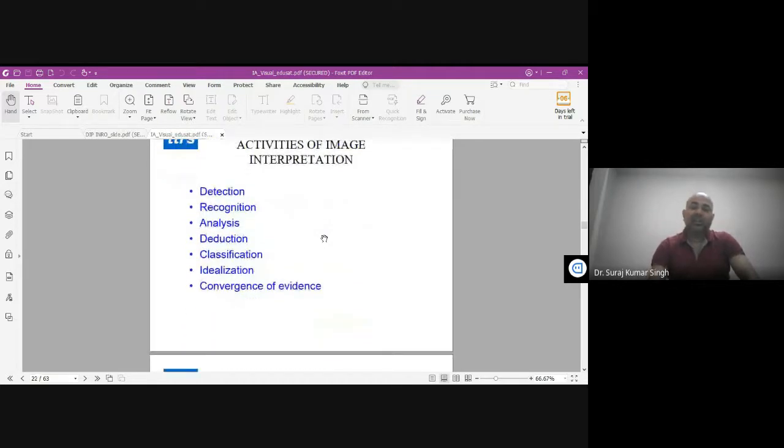So what are the activities through which we can do? We can do detection: what is the change in land use, land cover area over the detection? Then you've got recognition. You're recognizing what new features have come up, whether that is damaging towards the environment, whether that has got a positive side, whether that has got a negative side. So all such analysis will be performed, and finally we'll be putting some new indices, we'll be putting some new